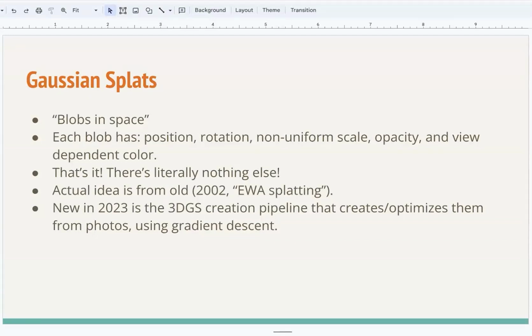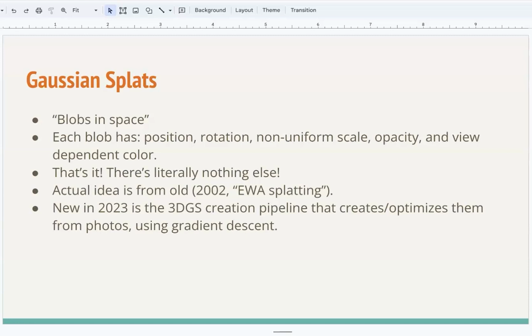And actually, the idea is fairly old. It's literally from a 2002 paper where they did exactly the same thing, except back then they didn't have a procedure of how to create and position and color these blobs automatically based on input photos.